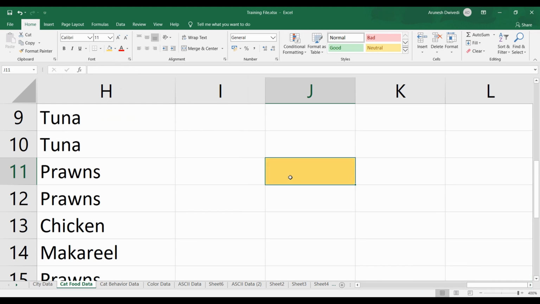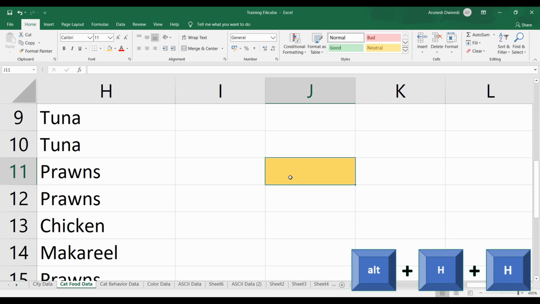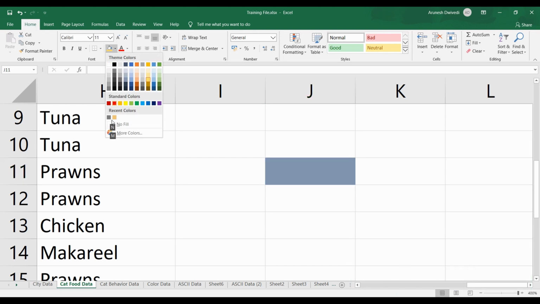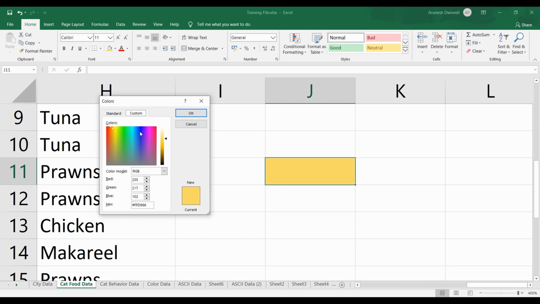Now, what if you're not happy with the colors that you have in the color palette? So let me open the color palette by pressing Alt HH. So there is another section here called More Colors. You can either click on it, or after pressing Alt HH, you can press M. Now, this is where you can define your own color. This crosshair is used to take you to a particular spectrum of the color.